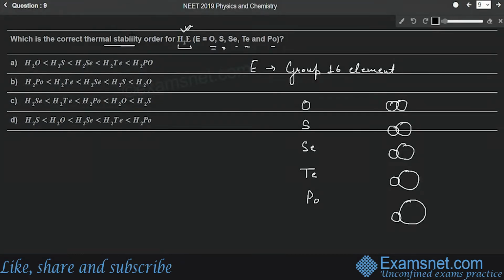So as we can see, the bond length will keep on increasing as we move down the group, because the size of the group 16 elements will keep on increasing. Okay, so what will be the thermal stability? We know that stability is inversely proportional to the bond length. Here the bond length is increasing, therefore,